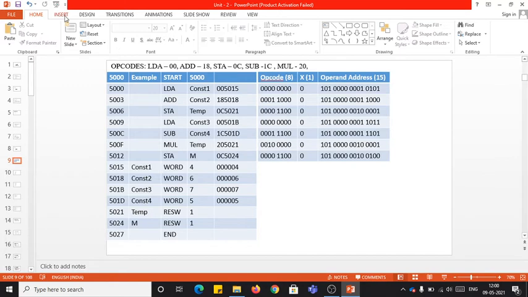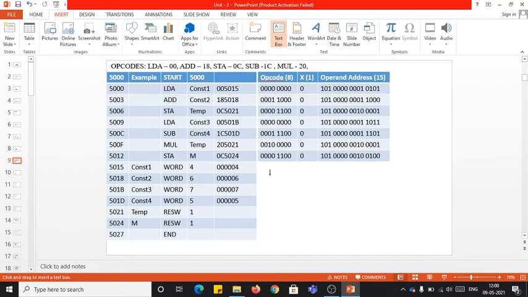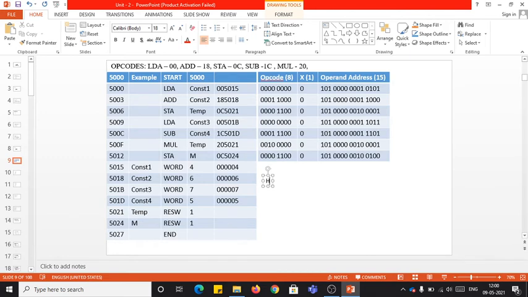Now let us go for the object program generation. When we go to the object program generation, we have H followed by the name of the program. What is the name of the program? It is example. But I hope you remembered the structure of your object program. In the header record, from 2 to 7 you can have only the name. So it is 2, 3, 4, 5, 6 and 7. You can't have the complete name, because the field in the header record, 2 to 7, is given for the name of the program.